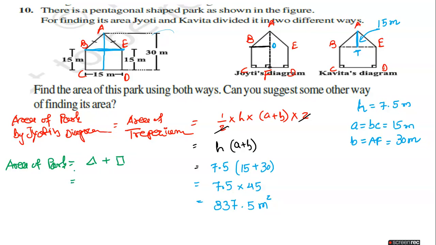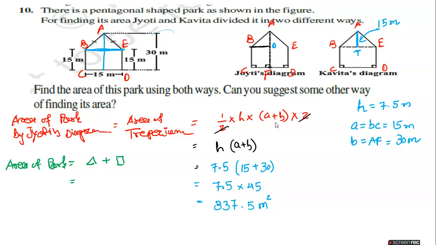This symbol you don't have to put, you have to write in proper manner. Okay, then now three things we can do for triangle. See, first method which you have said, 1 by 2 into base into height. Right now I'm saying for area of triangle we can do three methods.